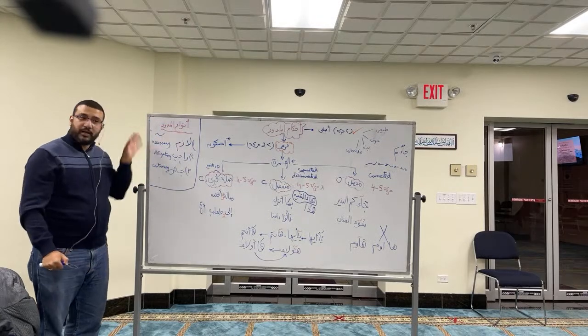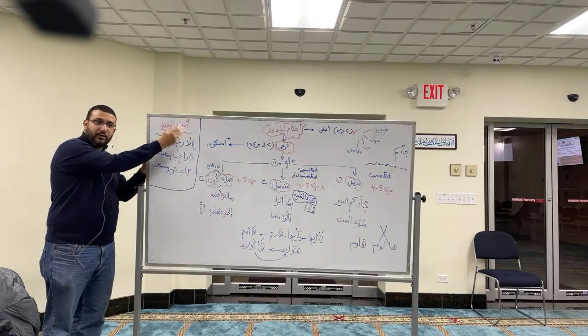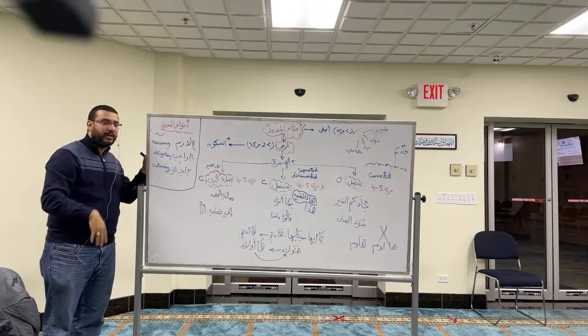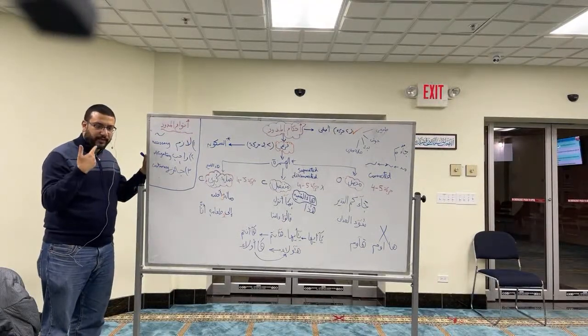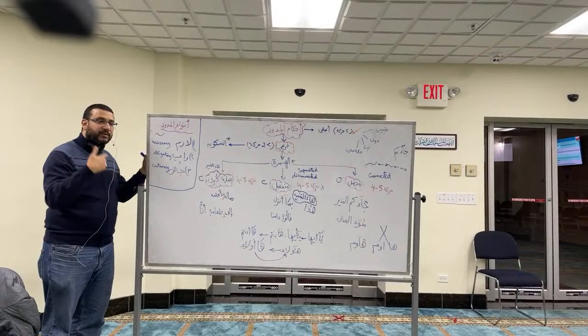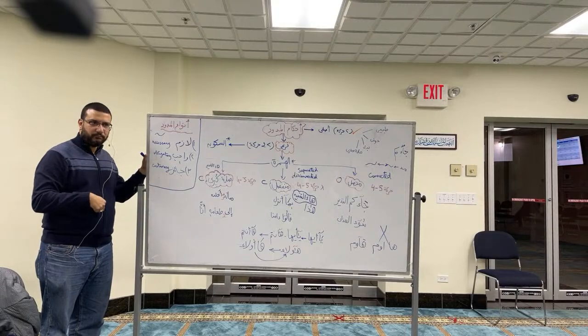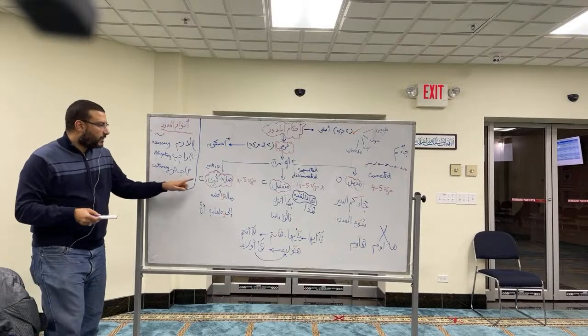Okay? Once we're done, inshallah, with the end of the mudud, I'll give you some kind of an algorithm or scheme to skim through it very quickly when you're reading. And of course, practice makes perfect. The more you practice, the more your eyes become accustomed to seeing the type of the mad, and then you quickly classify it. Do I have to do it or not? And if I have to do it, how long should it be? Is this clear to everybody? Inshallah? Okay. Thank you for the question.